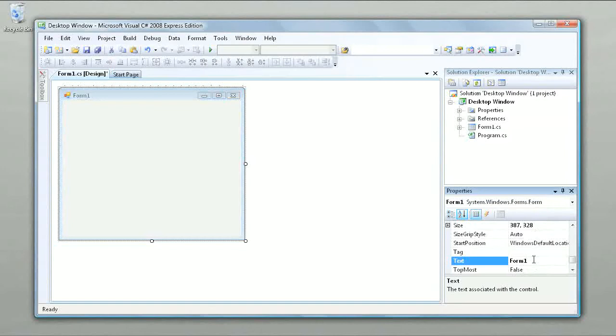Besides the Solution Explorer window, another window you will use a lot is the Properties window. Select View, Properties Window to see this Properties window appear below the Solution Explorer. This window shows you all the properties or settings associated with the selected object. For example, if we click on Form1, we can see all of the properties for that form. It's easy to use the Properties window to modify the settings of an object. We can just change the value in the